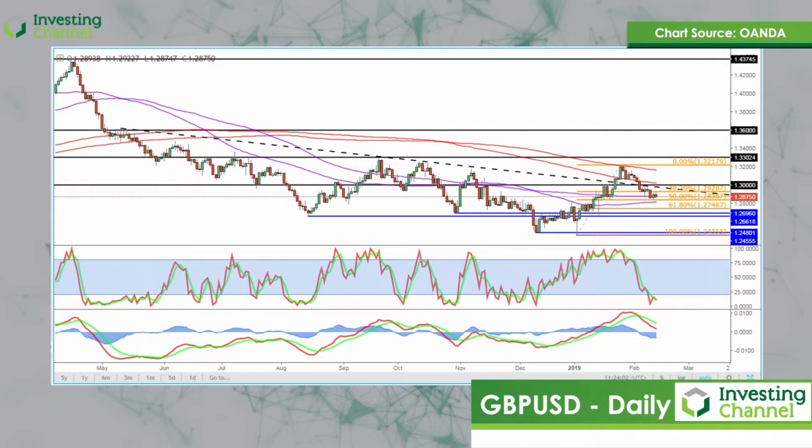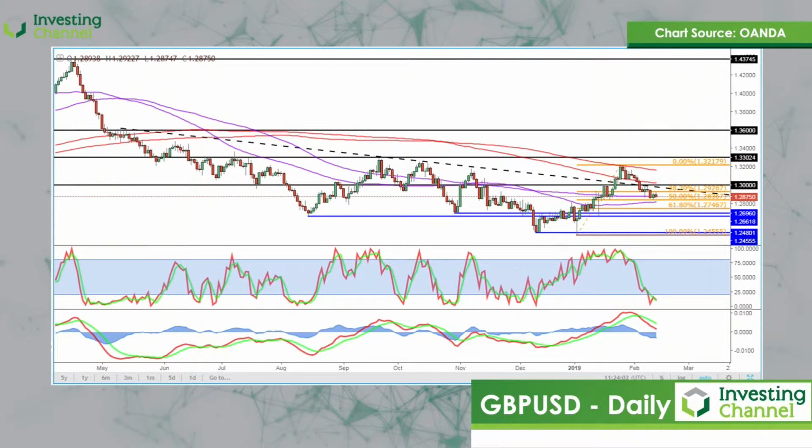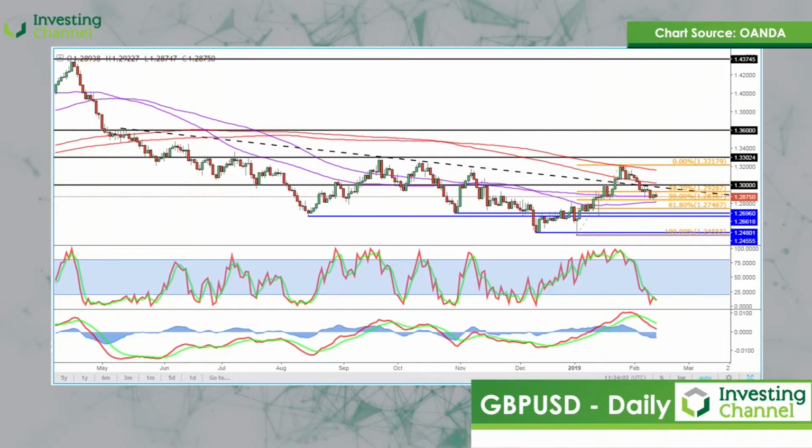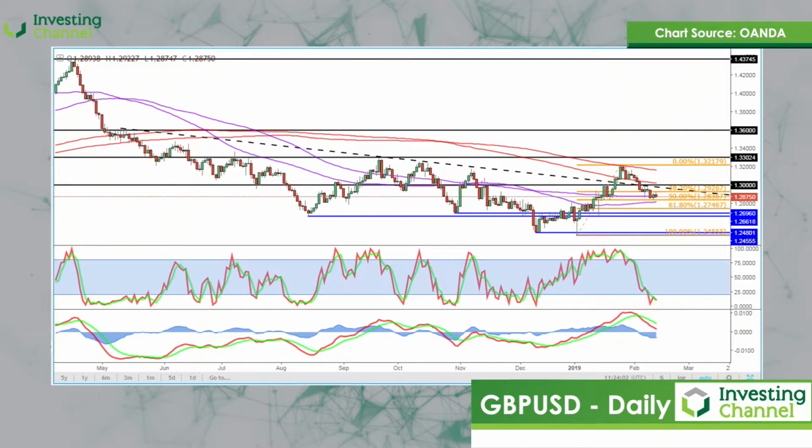And while optimism is growing that we're not going to see no deal, which is what contributed strongly to the rally in the pound at the turn of the year, we have seen that pull off slightly because a deal still just hasn't materialised. Now, when we're looking at the size of the moves, the pound pulling off that move has not been quite as significant as the move that preceded it. So I do think that underlying optimism remains, and traders are very much in a wait and see mode.